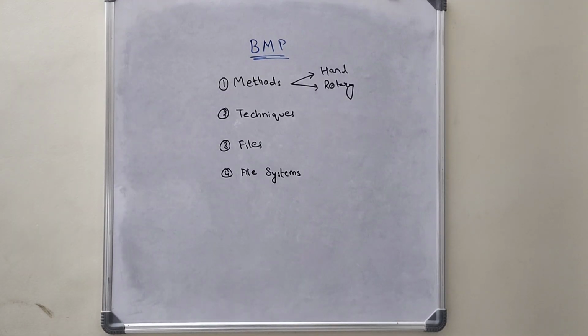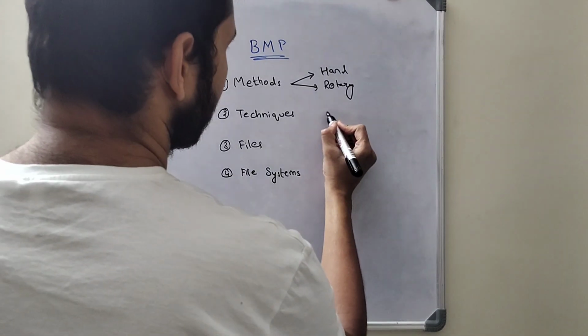Then coming to the techniques of BMP, there are a lot of techniques that have been described in history, but there are three major and very important techniques that everyone who wants to start endo has to know about. Those three techniques are: